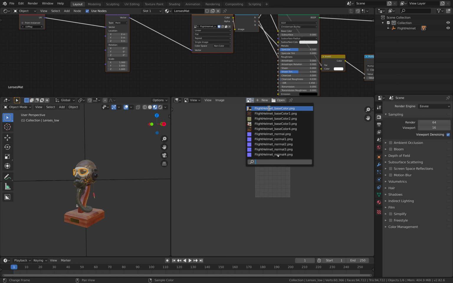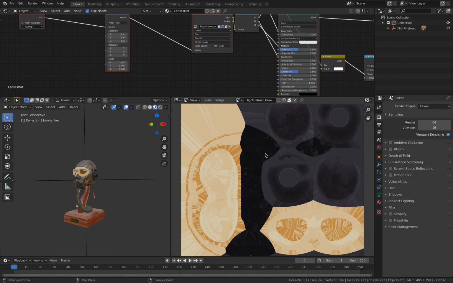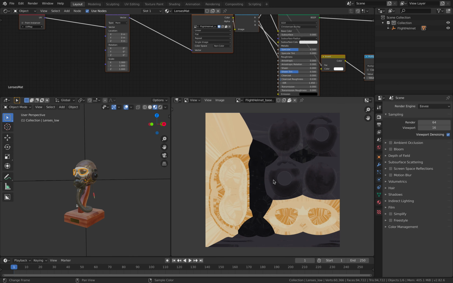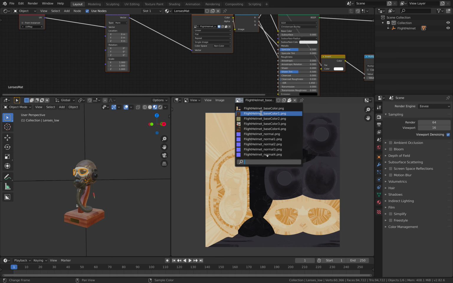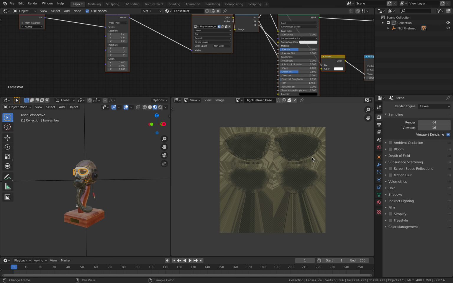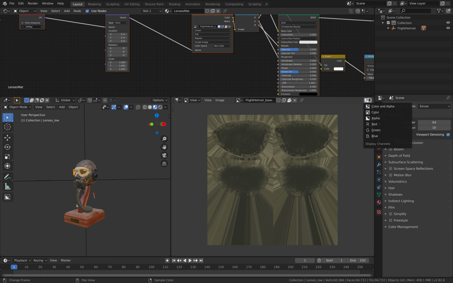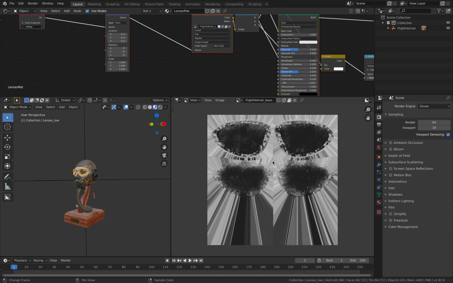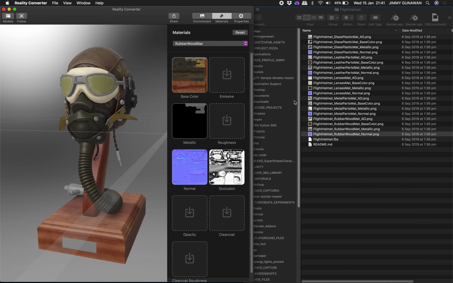So I have a feeling that the alpha actually is in this channel. So color and alpha, just color alpha. So that's that one. That's the glass, but you can see there's an alpha channel. So yeah, that's actually the alpha part. So maybe